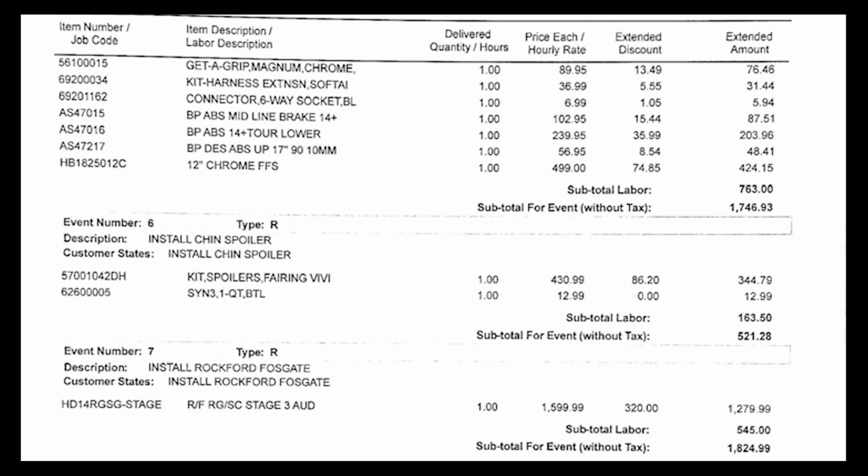The Rockford system is $1,279.99, and the labor on that's only $545, which I feel like is pretty cheap because as you know, the saddlebag lids don't come cut out for the speakers, so the technicians have to cut those out themselves, which, I mean, isn't a crazy amount of work, but setting up the template, making sure you get everything right so that